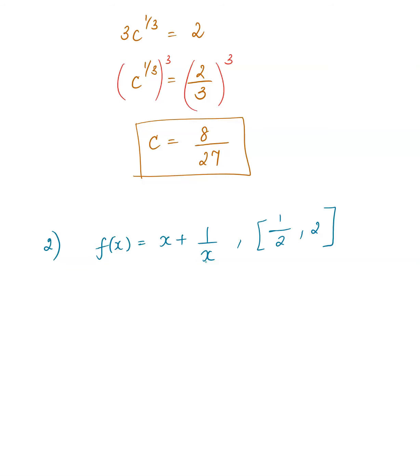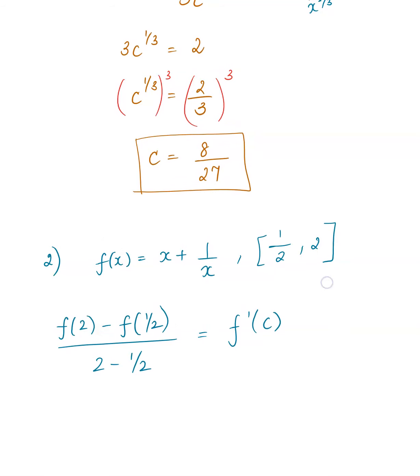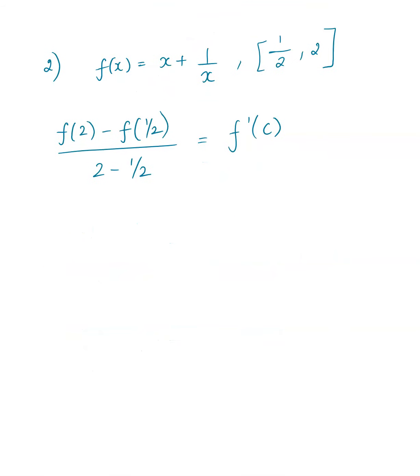It's a rational function, so it's going to look different, but again focus only on the closed interval half to 2 and see if things are good there. And if things are good, which it is, then you'll find that f of 2 minus f of half over 2 minus half will be the same as f prime of c, and we need to find that c, isn't it? So as before, let's go ahead and find f of x